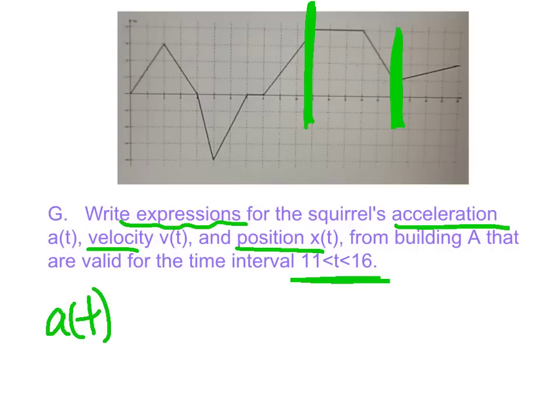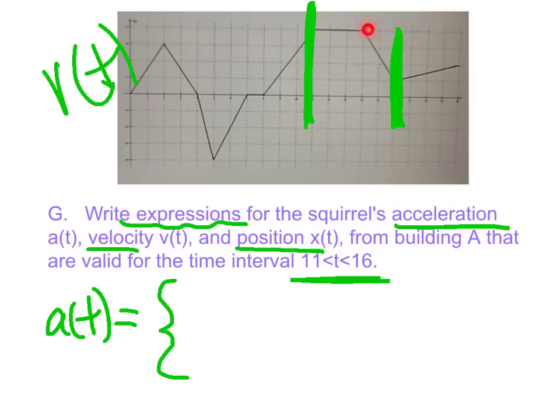Basically, I need to look at the what here. Remember, this is velocity, so I'm looking at the slope. And if you look at the slopes, I would say there's only 2 different slopes in this section that I've narrowed down to in the green here. I would say this one has a consistent slope, and this has a consistent slope. So I'm actually going to write it in piecewise notation. I'm going to say this first piece has a slope of 0